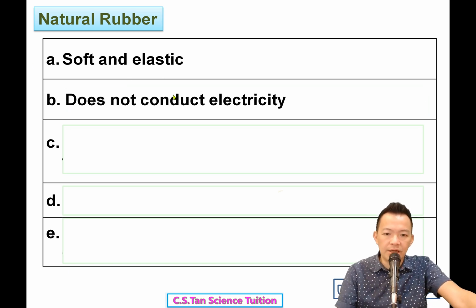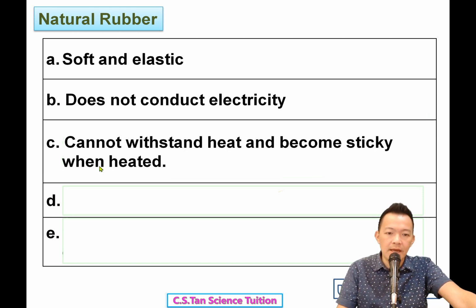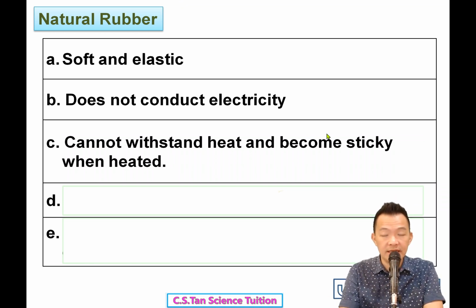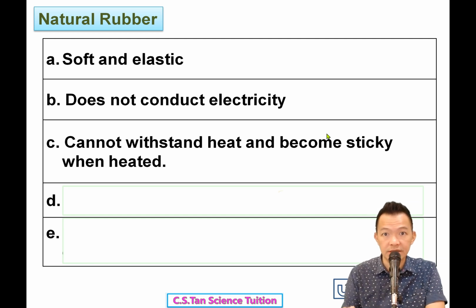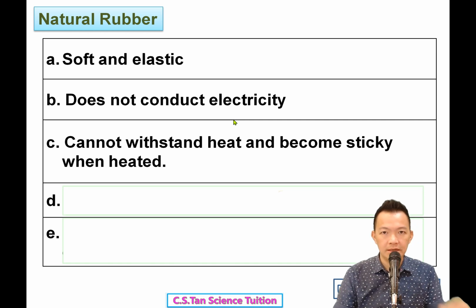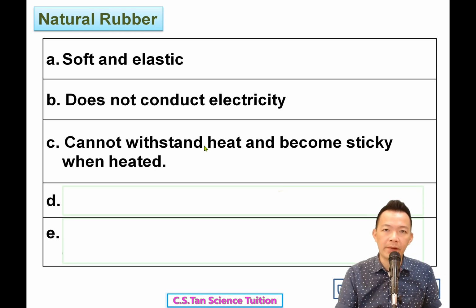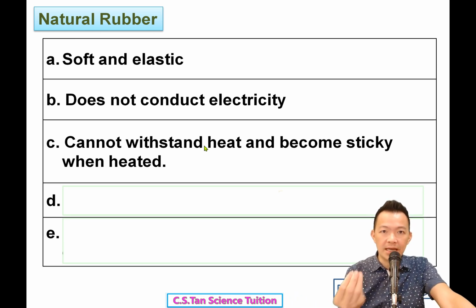Next, it does not conduct electricity. Next, it cannot withstand the heat and becomes sticky when heated. That is why our car tires are not made of 100% natural rubber. Or why, if you park your car beside the road and the sunlight is strong,